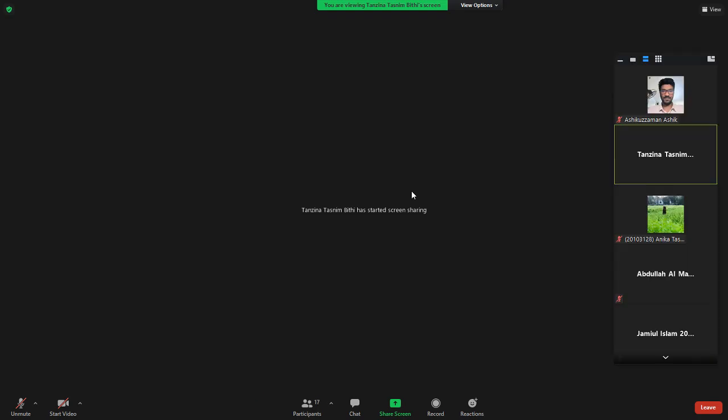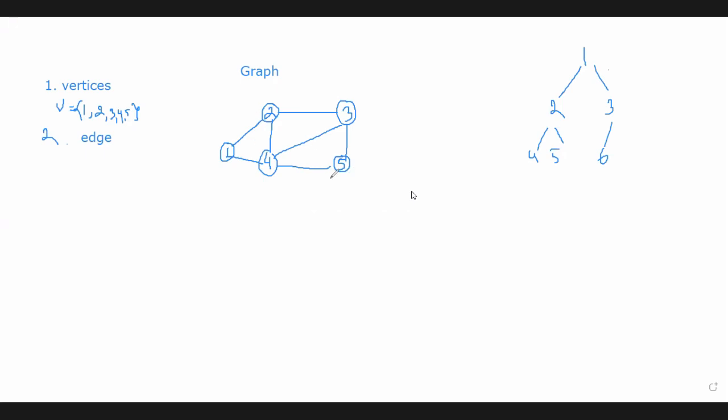So what is the definition of a graph? It will have some vertices, and this graph has exactly 5 vertices, 1, 2, 3, 4, 5, and there are some edges. Now we can denote these edges as E1, E2, E3, E4, E5, E6, and E7. So how many edges are here? 7 edges. Now we can enclose them in a set. That is, E is the set of all the edges of this graph. Suppose the name of this graph is G. So E1, E2, E3, E4, E5, E6, and E7 are the edges of this graph.